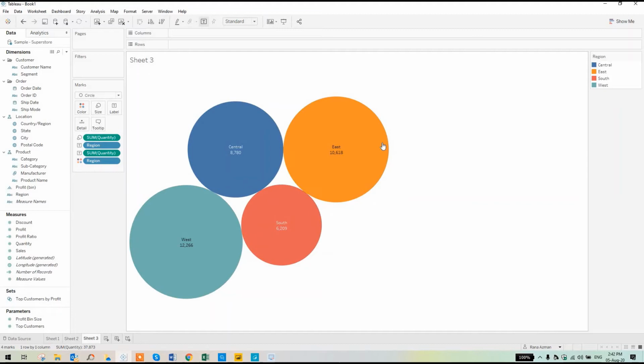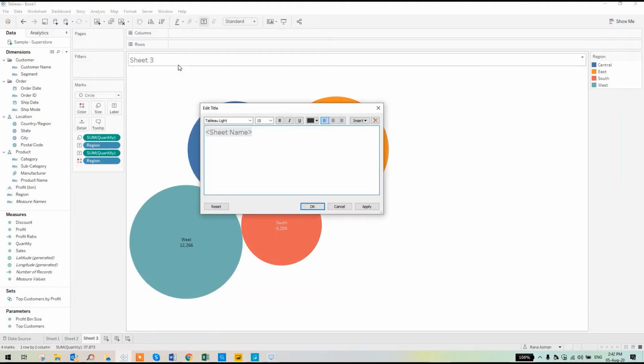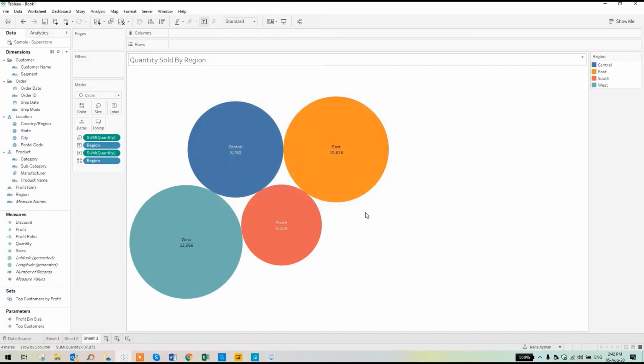Now it has also appeared, and we'll change this visualization to quantity sold by region. So this way 3 types of visualizations have been created.